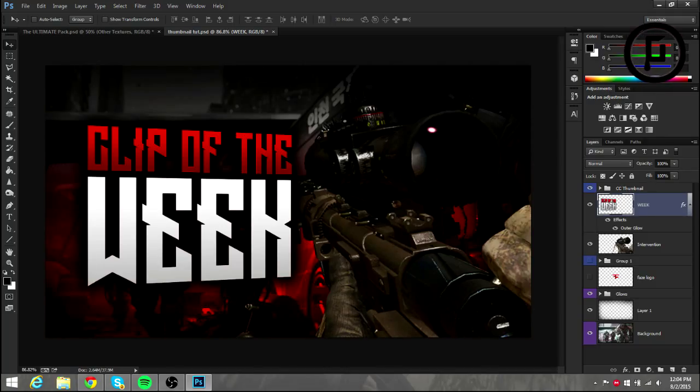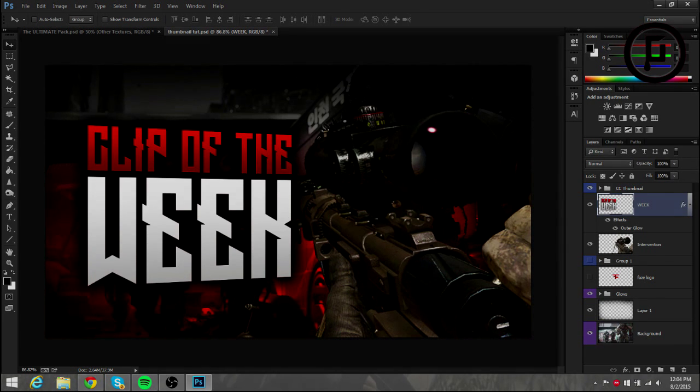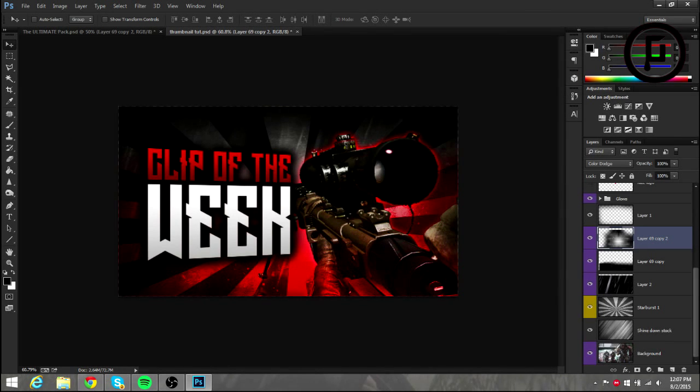Some things that I like to add are outer glow, inner glow, all that stuff. I'm going to play around with it because it sometimes takes me a little bit of time to get it right. I'm going to jump back to when I finish all of the effects on the gun, and I'll see you very shortly. Okay guys, so I have finished all of the effects on the gun,